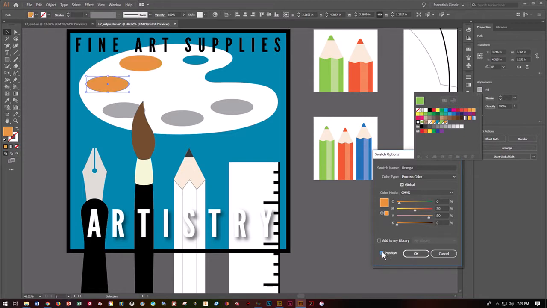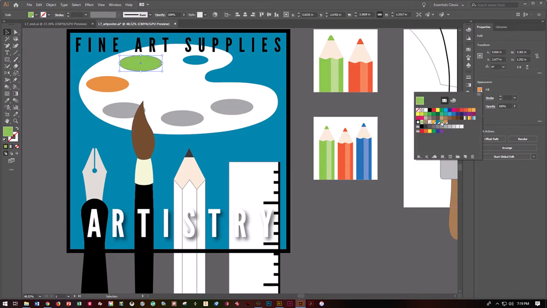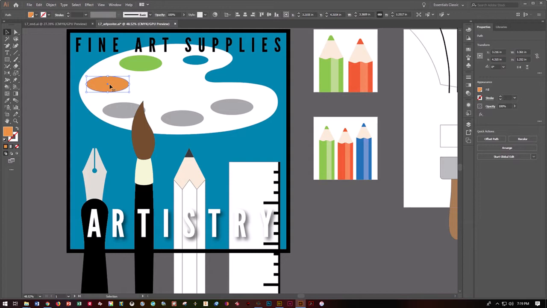We can preview it so we can see it's changing both things at once, which we don't necessarily want. So let's make sure this one is actually applied to be that light green, and this one is the orange copy. So when we're editing those global swatches, we can decide, I don't like this orange, it's really awful. Let's go ahead and go into